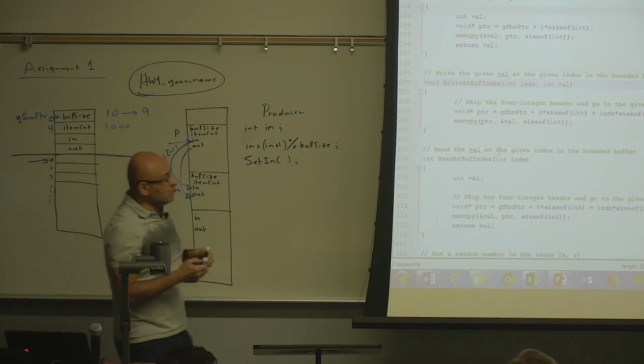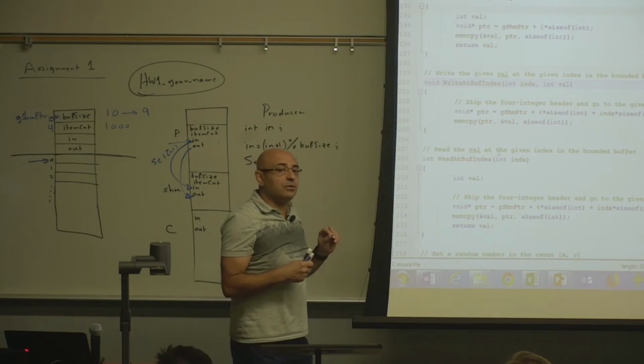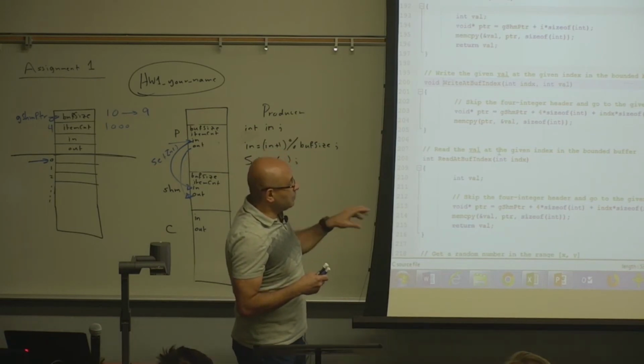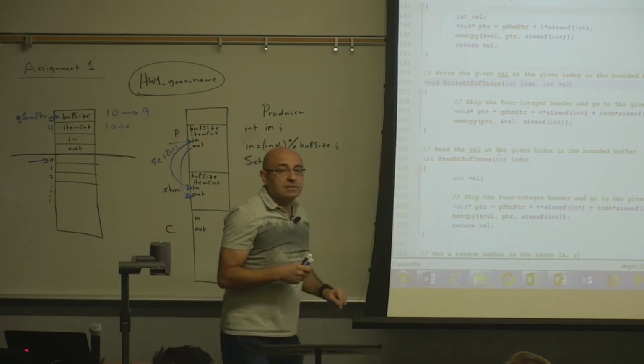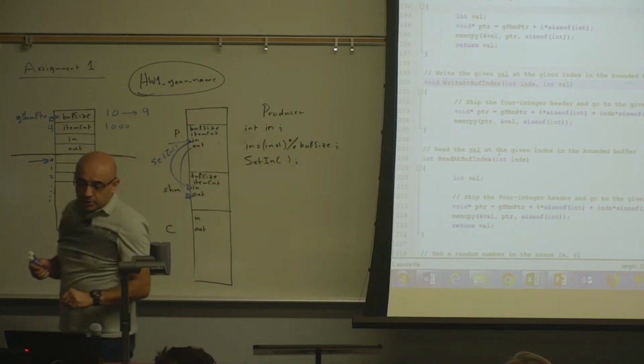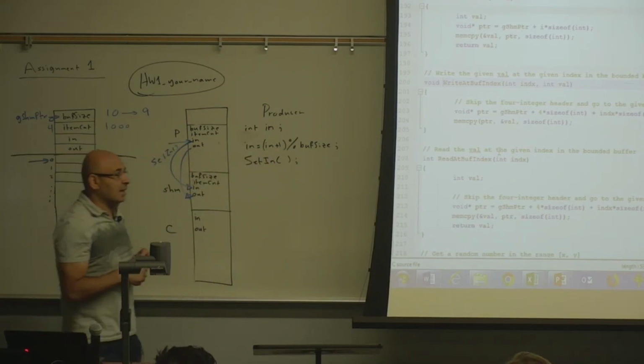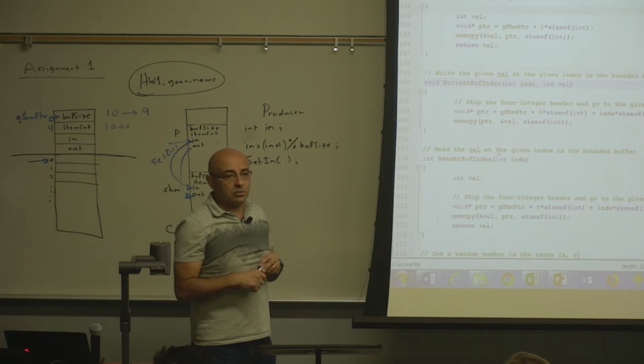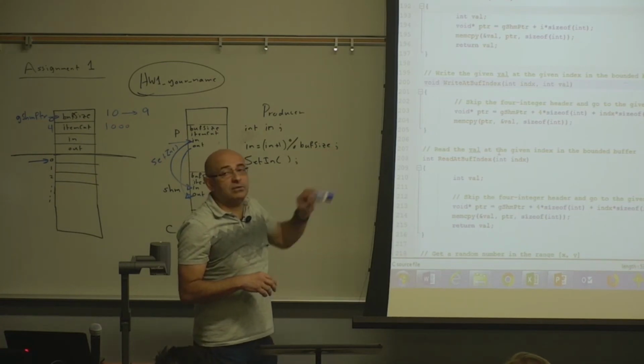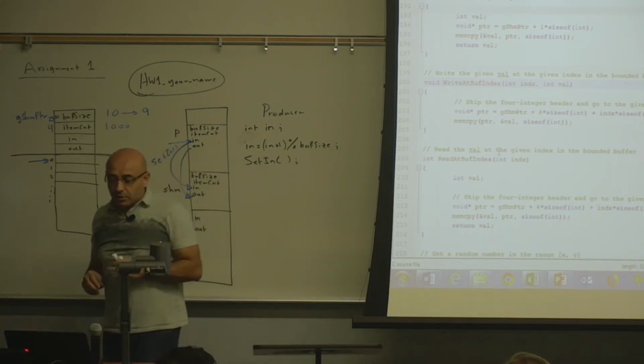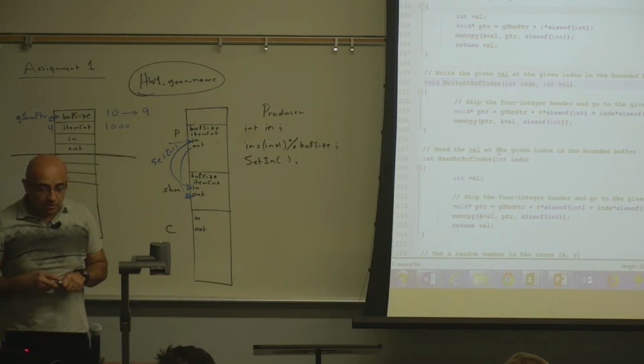So all of these functions are provided for you, but you are expected to understand this. Yeah. So I may ask you about this in the midterm. So you may be asked about this. Make sure that you understand how this works, even though it's provided to you.